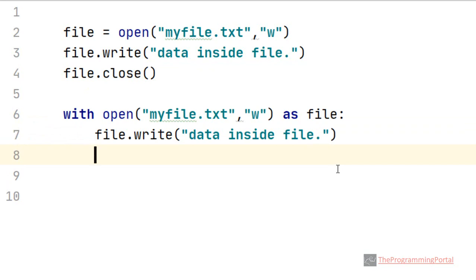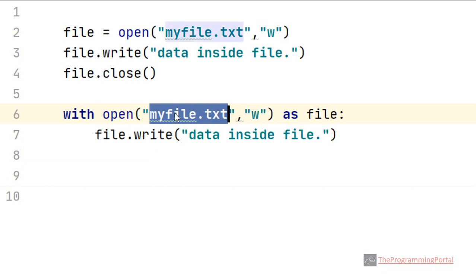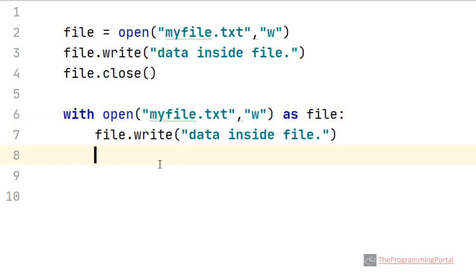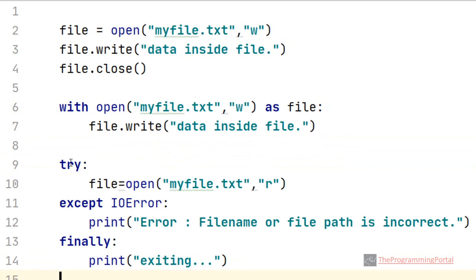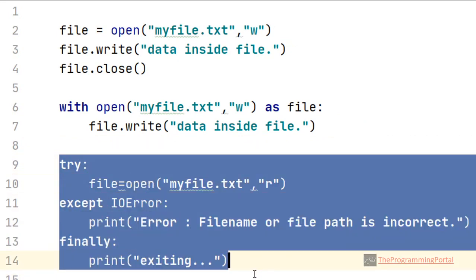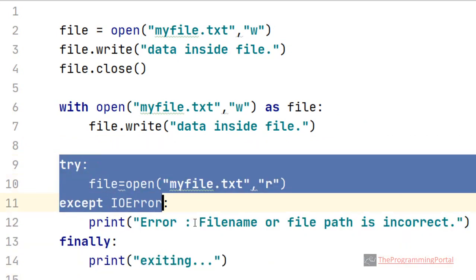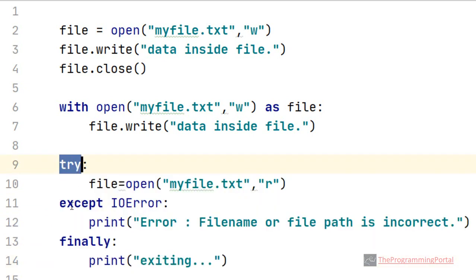There is one more thing to be considered here. Always make sure that both file name and the file path are correct while reading or appending to a file. If either is incorrect, you will get file not found error. To avoid such issues, it is always recommended, as a best practice, to write file operations using try catch block, so we can catch the exception.